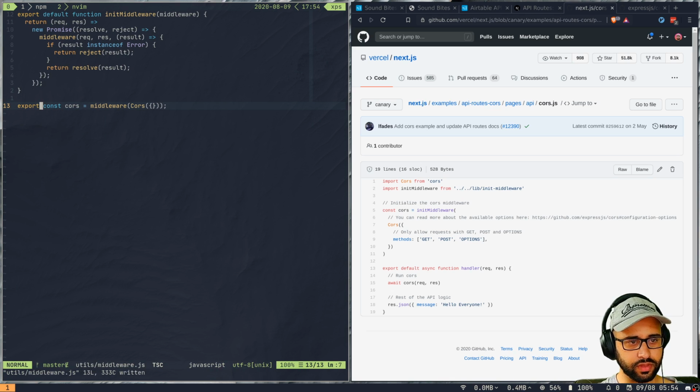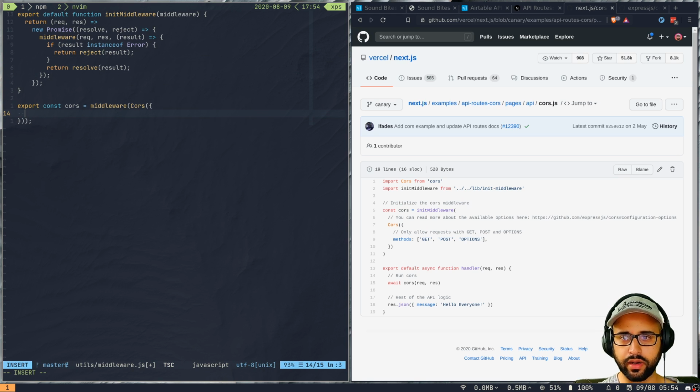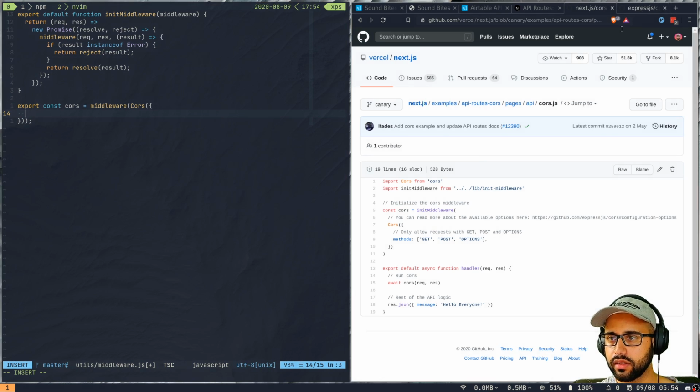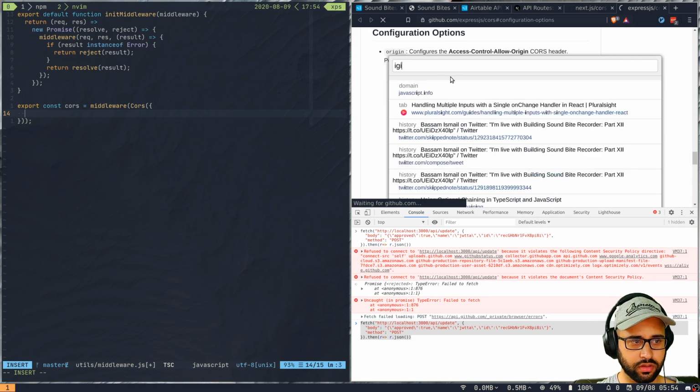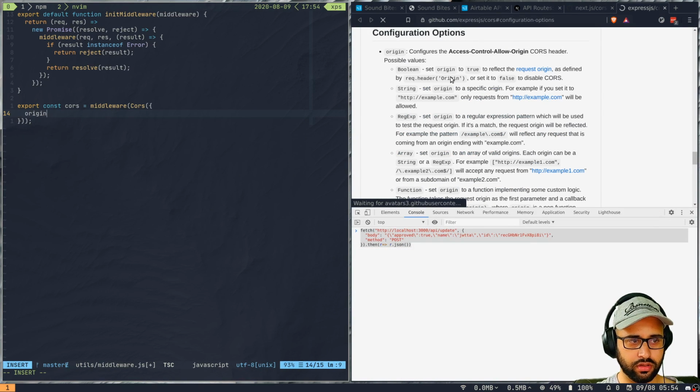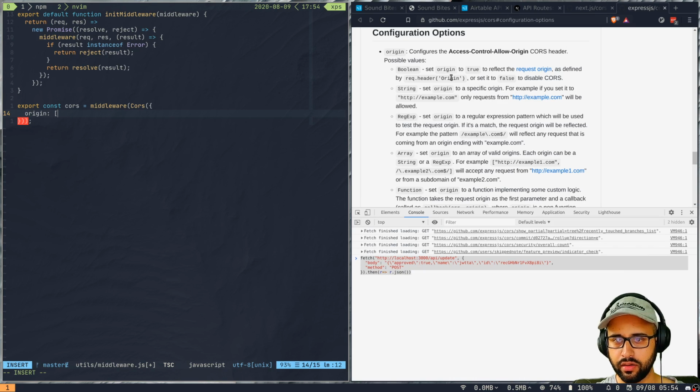So, and configure CORS here. The way I want to configure it is, it has methods here. I don't want methods to be limited, I just want URLs to be limited right now. So I think the configuration was here. It has origin, it can be a boolean, and then it can have strings, right? Will be allowed. Okay, so we want to do origin, and it will take in